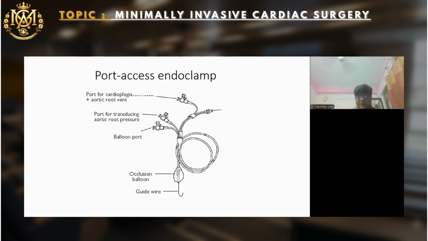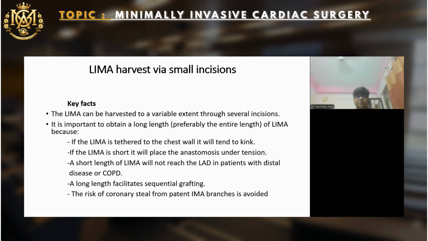This is the port access endocardial picture. I have already shown the picture. LIMA harvest via small incision. The key features: LIMA can be harvested through several small incisions. It is important to obtain a long length, preferably the entire length of the LIMA from the origin up to the bifurcation, because